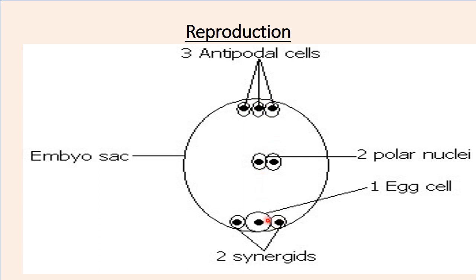Of the bottom 3 nuclei, the middle one is called the egg cell. Then these others are synergids. Then we also have these 2 polar nuclei, which are very important in fertilization. Then we have these 3 antipodal cells. We're going to understand how these 2 and this one are involved, or the role they play during